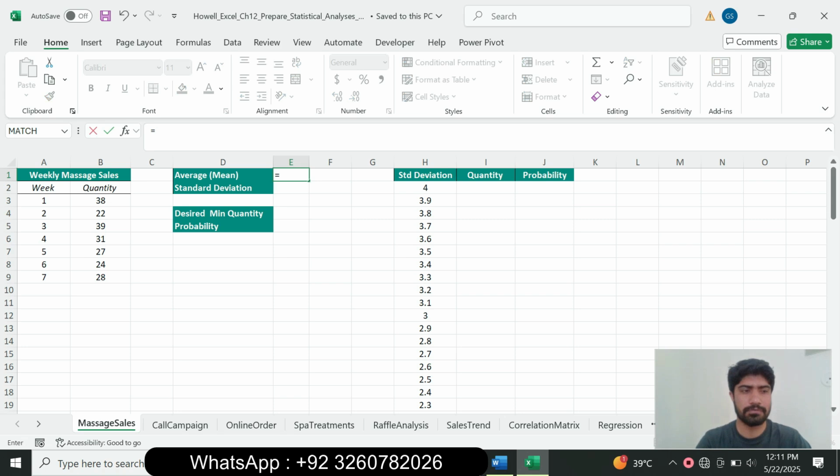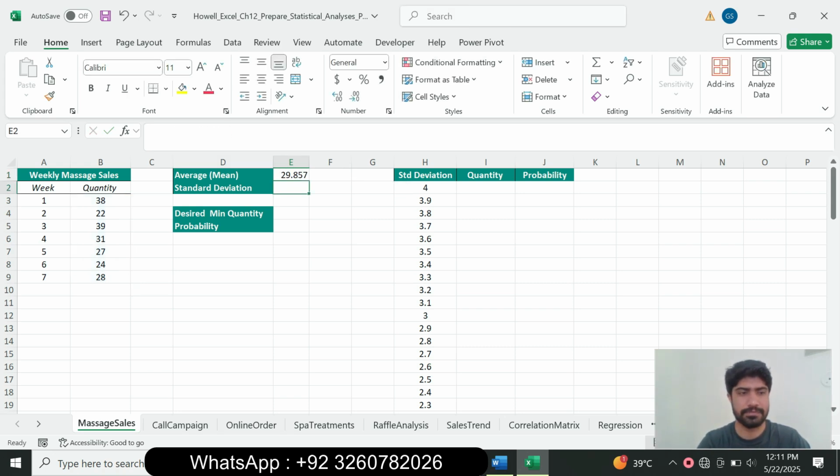So select cell E1 and type equals, and type the AVERAGE function, and the range is B3 to B9, close bracket and press enter. So the result is